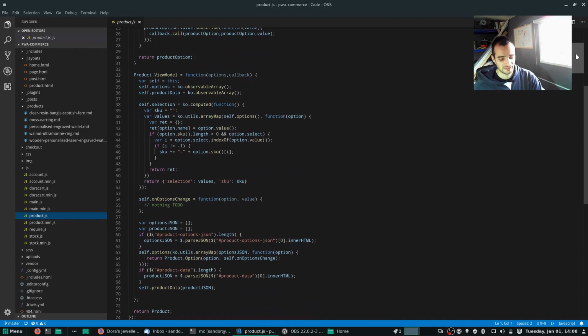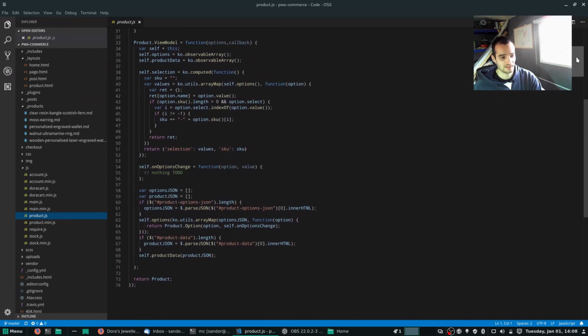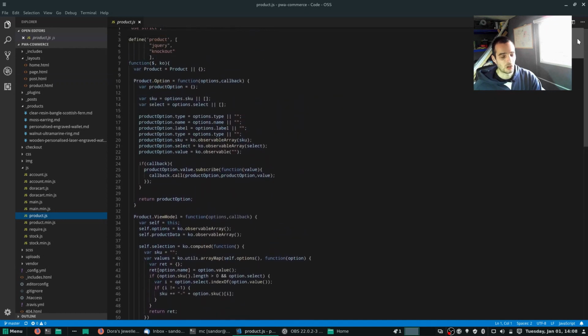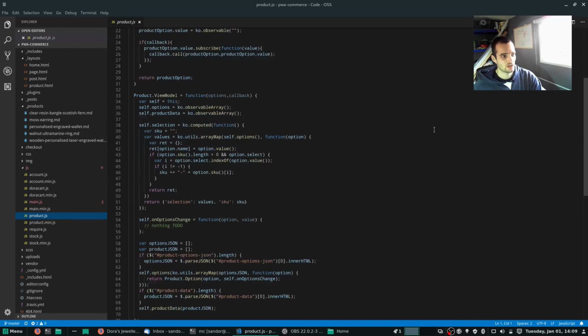This was made to test the progressive application, how it can be implemented very easily, and how it can work without a big chunky framework like Magento 2. This product.js is only rendering the product drop-downs and everything that is needed to make the product configurations work. We also have a